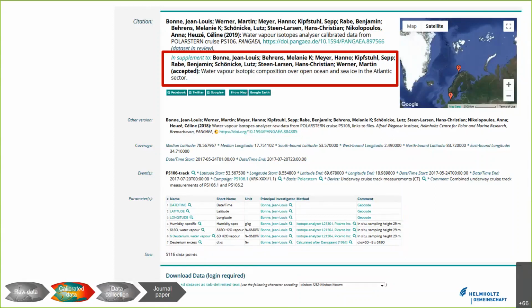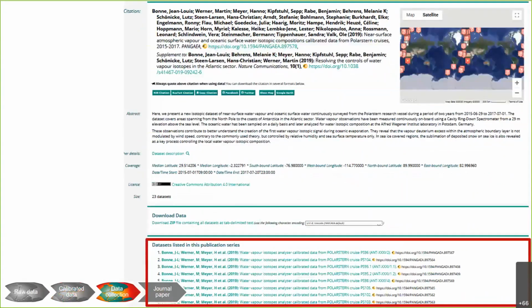So this individual data set is a part of a larger collection. So data sets that have been collected, that are published in a similar way. The table has a similar structure. They contain the same parameters. Conditions were, let's say, comparable, and they can be published as a kind of publication series.